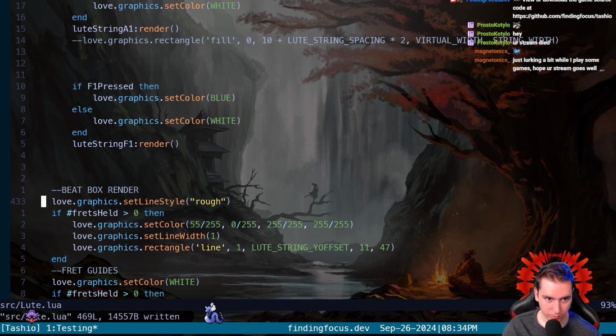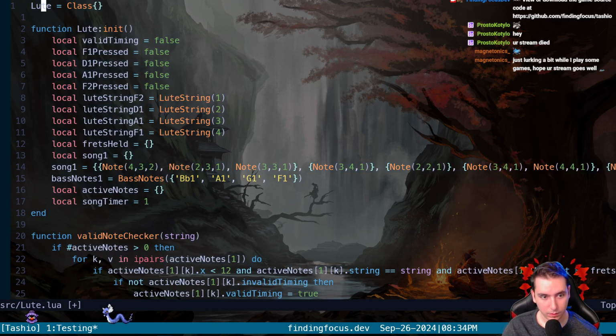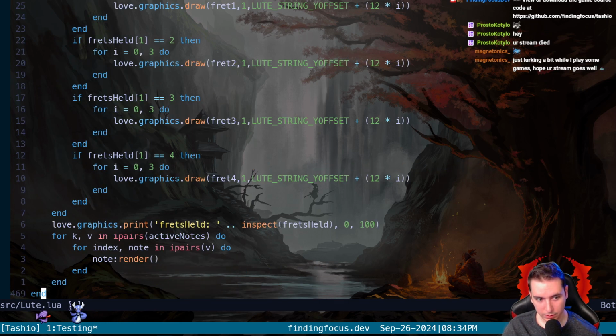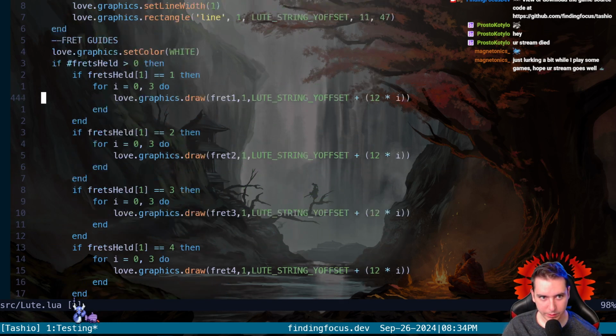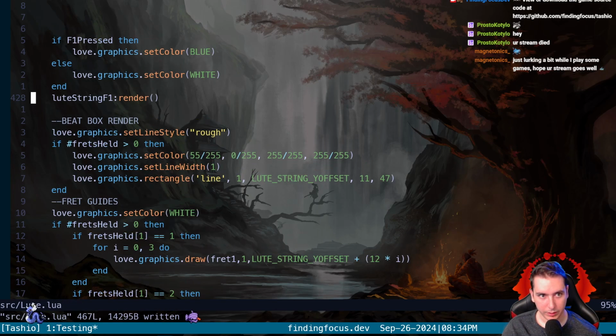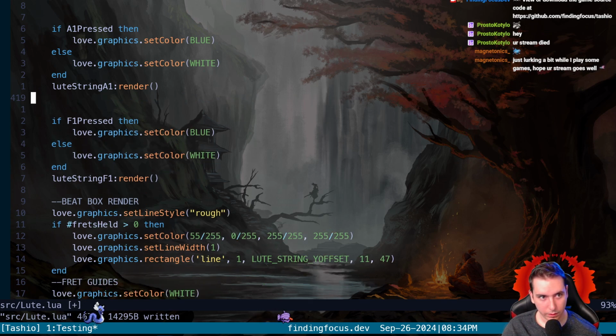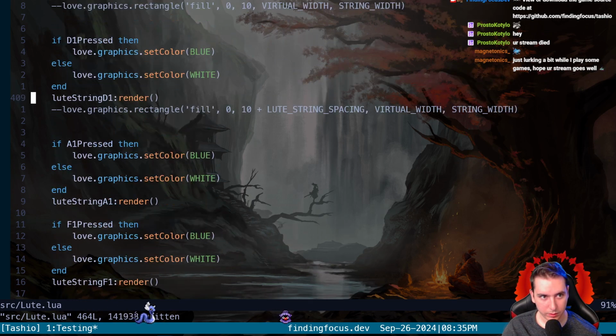Okay, let's do a mass reformat. And hopefully that makes it look... Yeah, dude, this is almost 500 lines of code that was clogging up our play state. There are some empty lines and such, but still.